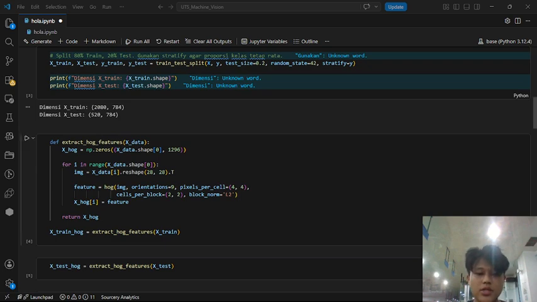Next, the rotation correction. By default, Kaggle's MNIST images are stored rotated by 90 degrees and flipped. If extracted directly, the algorithm will misrepresent vertical lines as horizontal and horizontal as vertical. Therefore, before the HOG extraction, I reshape the 1D arrays into 28 by 28 and apply the transpose operation, so the letters stand perfectly upright.